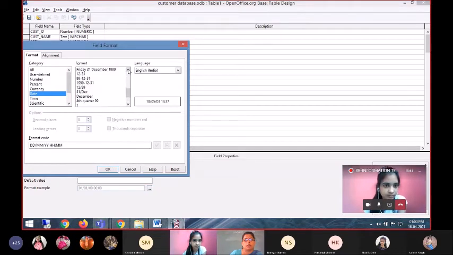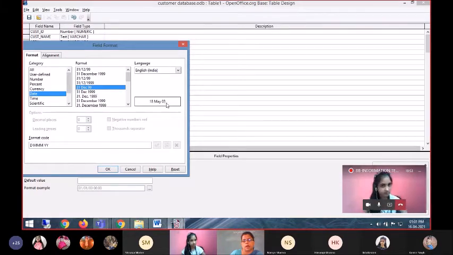I can select the date format. There are so many formats available here. Okay, so suppose I want a format of this kind, 31 December 1999. So date will go in this format. The month name in 3 letters, the year in last 2 digits.